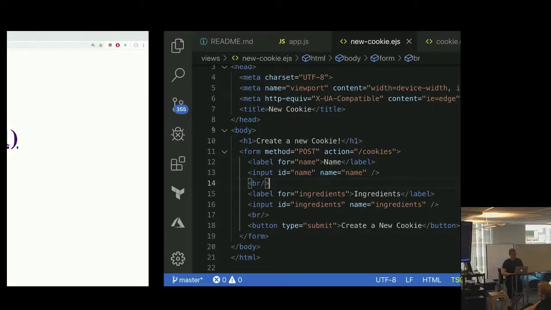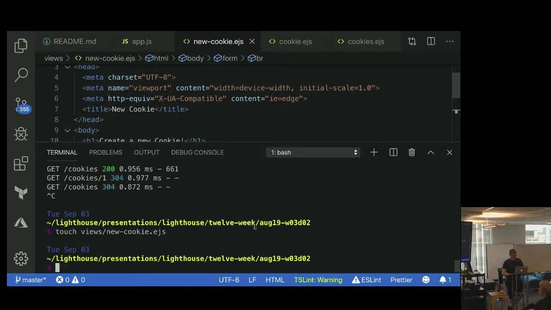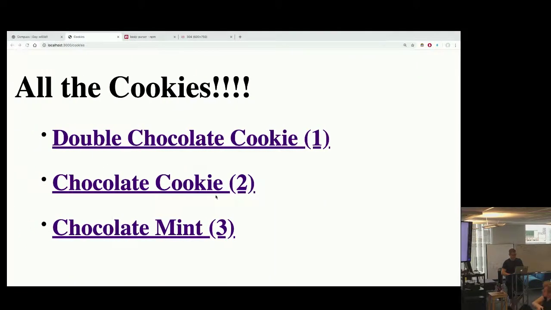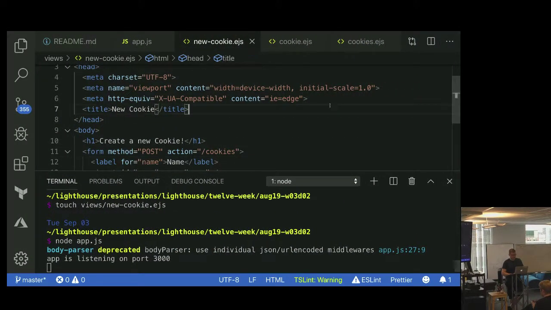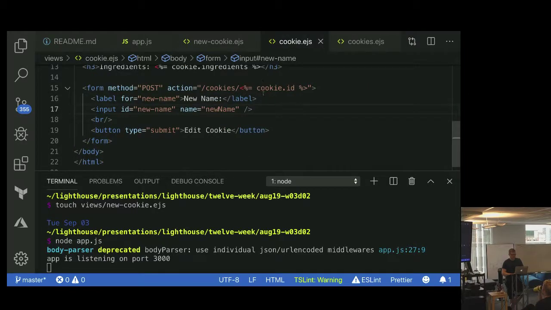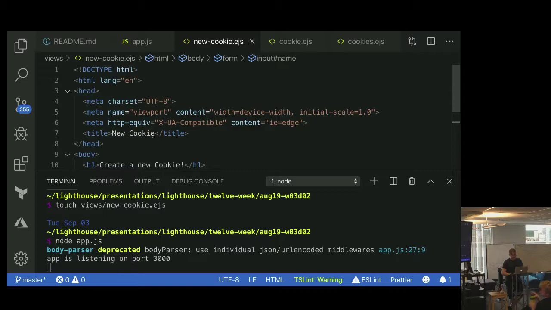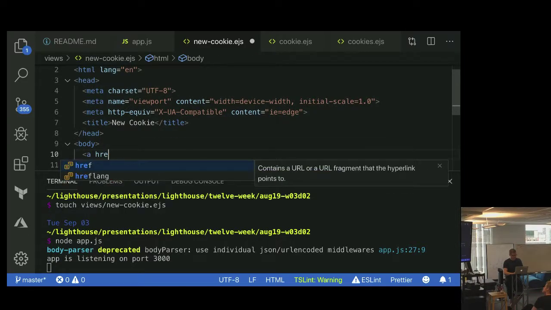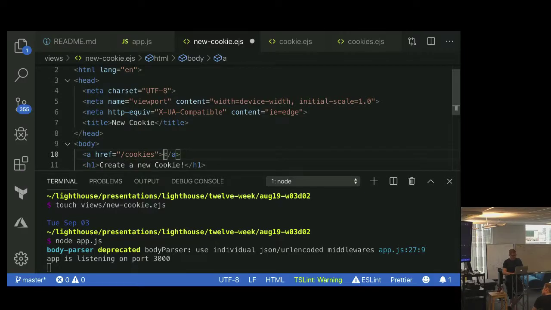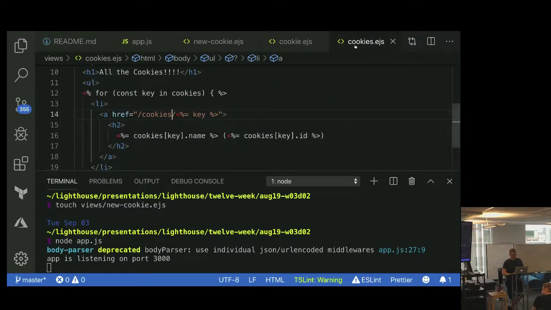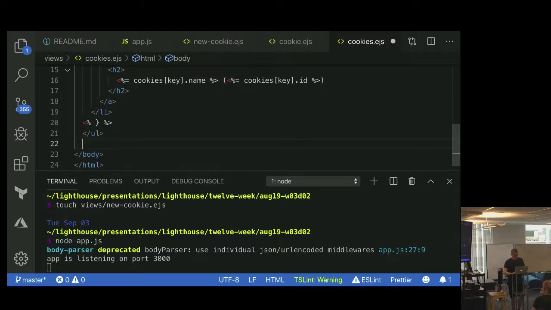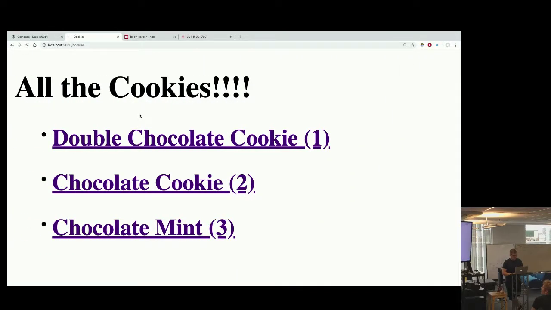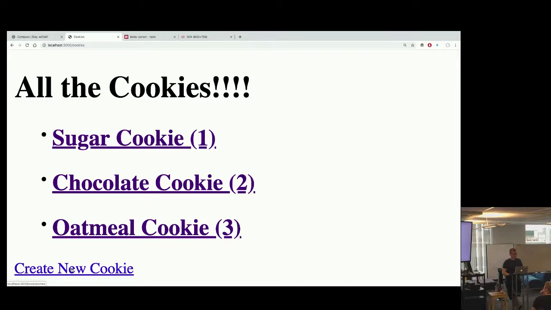So here we go. We should have a new cookie form now. Server. Oh, and we're going to need some way to get to this new cookie form, aren't we? Let's go into cookie. Let's add our traditional link back to the home page, just in case the user decides that they don't actually want to deal with this. And then we'll go into our cookies. And down at the very bottom, underneath our unordered list, we'll go to /cookies/new. There we go. So we just add an anchor tag to the bottom of our cookie list here. Create a new cookie. And when we click on that,